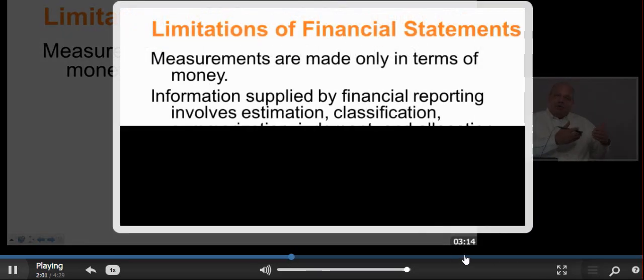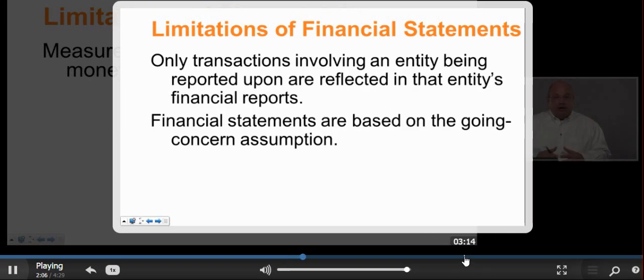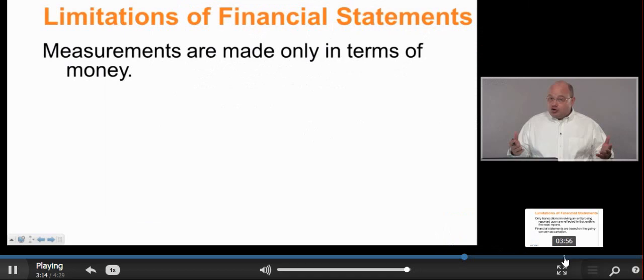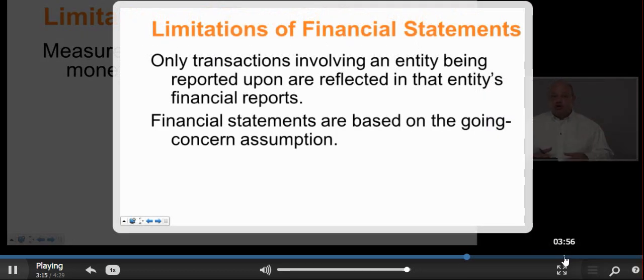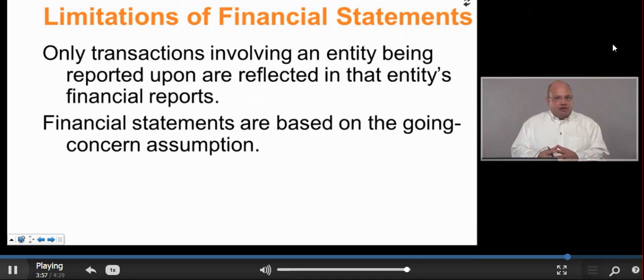But also, how we recorded that transaction 10 years ago may still be the way that the item is reported. Historically, what is called the going concern assumption, and this is sometimes what's not included in the financial statements. If we're aware of the limitations, we're better able to take that information and use it in the most effective and efficient way by looking at what we need to do to the financial statements to perhaps take into account some of these things that are not recorded in the financial statements. So it's not that